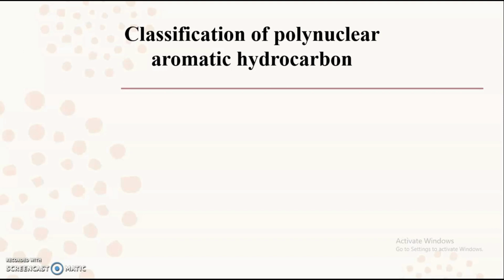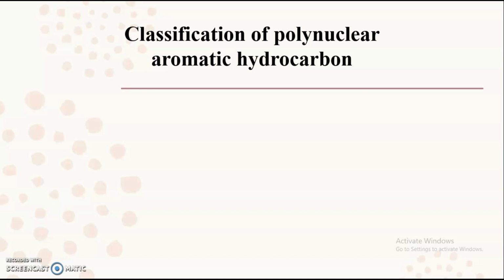Now, we are familiar with the term hydrocarbon, where hydrocarbons are nothing but they are having only carbon and hydrogen. Here, polynuclear aromatic hydrocarbons means what? Also we are familiar with the aromatic hydrocarbons. Say for example, benzene. Those compounds which are aromatic and are only hydrocarbons, they are known as the aromatic hydrocarbon. We have seen examples of toluene, benzene, all these are the aromatic hydrocarbons. Here we are going to discuss about the polynuclear aromatic hydrocarbons.